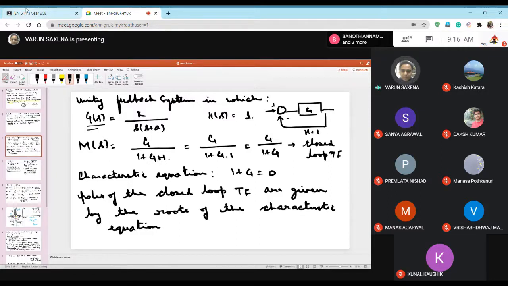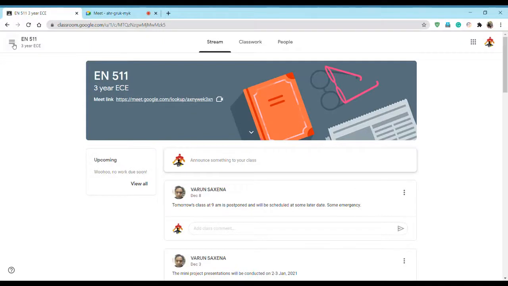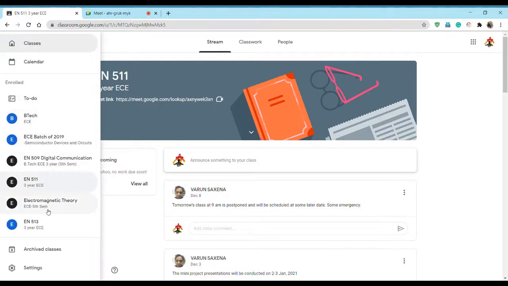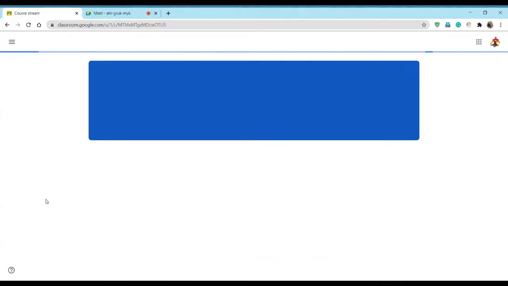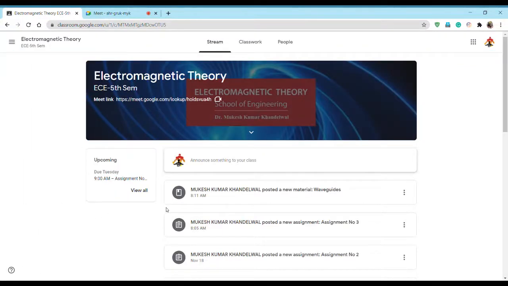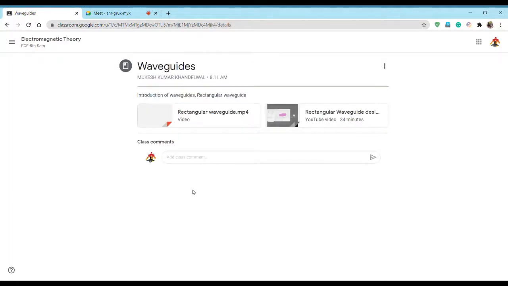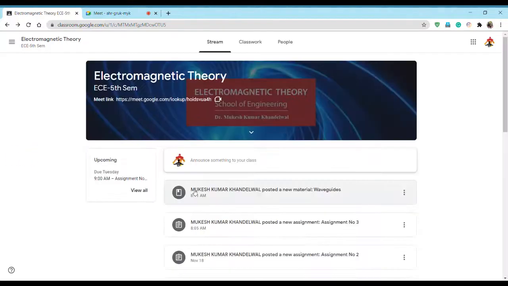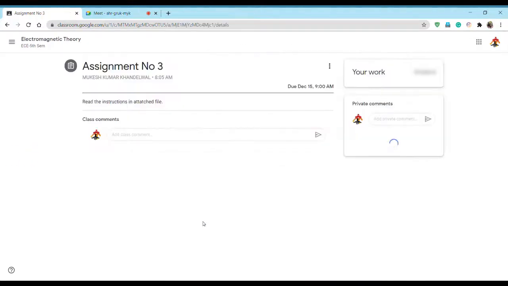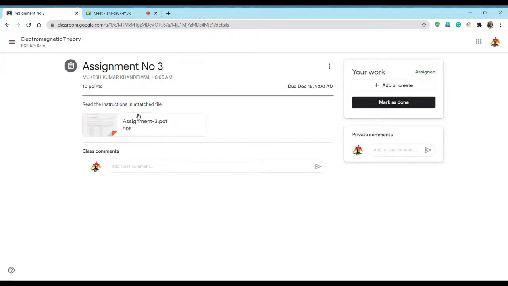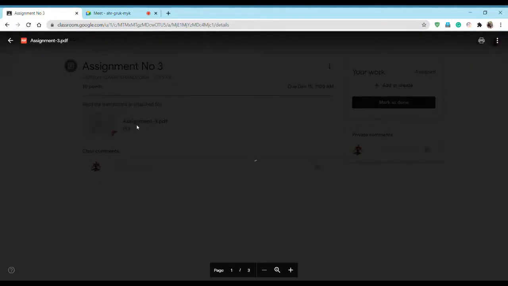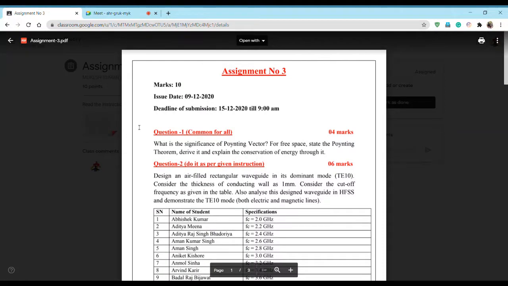So once you do that, you will be able to formulate a characteristic equation, which is 1 plus G in this case, but in general, it is 1 plus GH equals 0. So poles of the closed loop transfer function are given by the roots of the characteristic equation. That is very clear because for the closed loop transfer function, G is the numerator and 1 plus GH is the denominator. So denominator equating to 0 will give you poles, and the denominator is also the characteristic equation. So roots of the characteristic equation are going to give you the poles of the system.